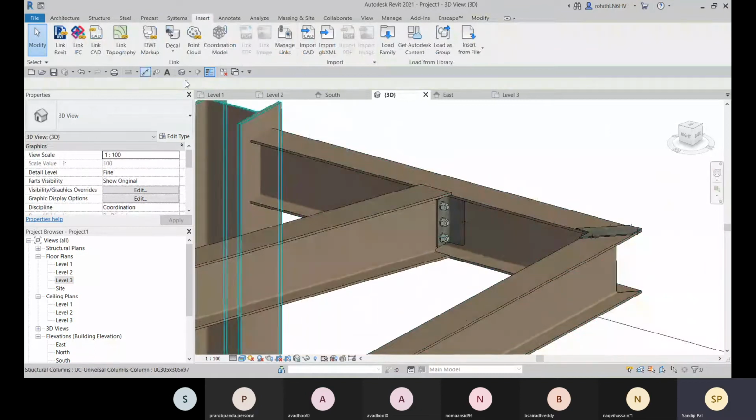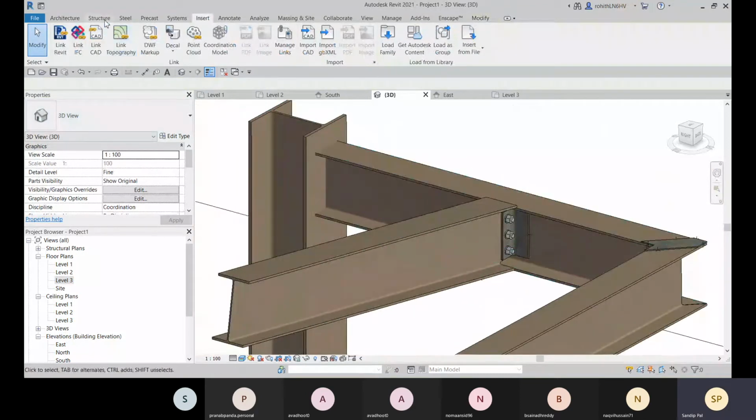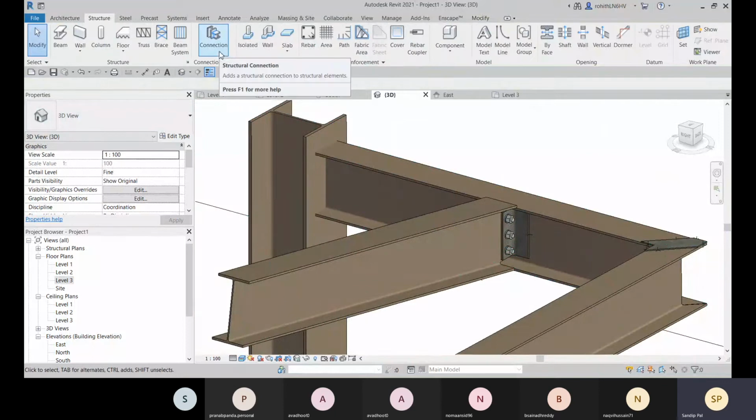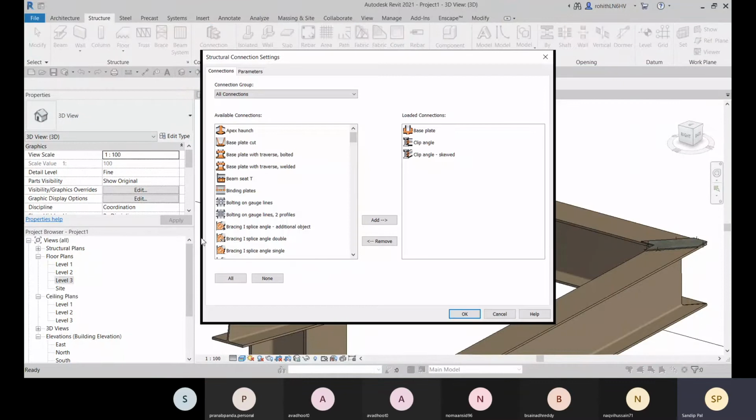Okay, about the bolt, I'm just going to show you later. Let me show you some more connection over there. So for the connection, we go to the connection settings and